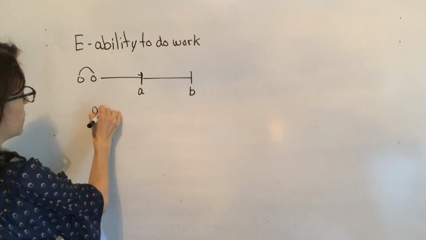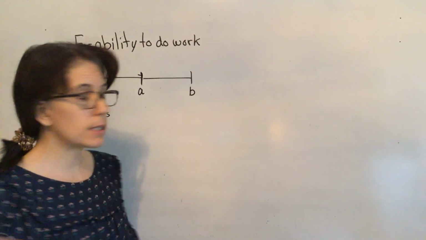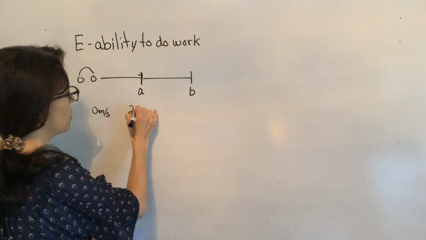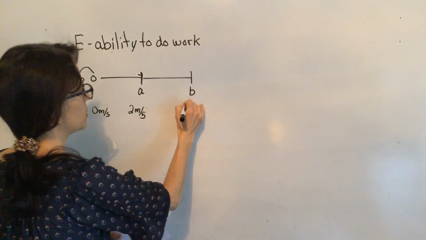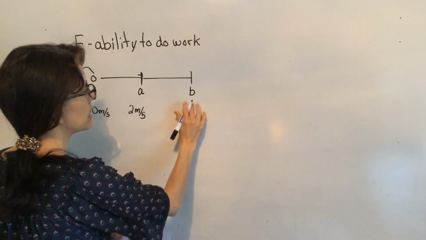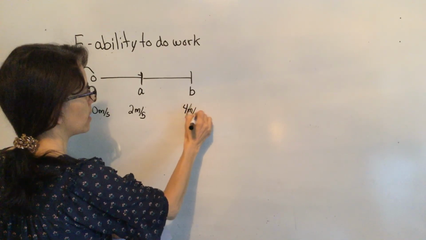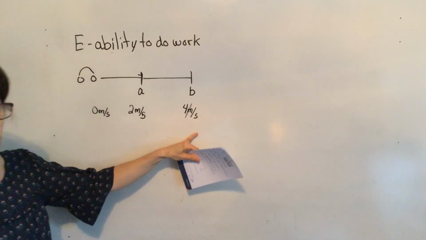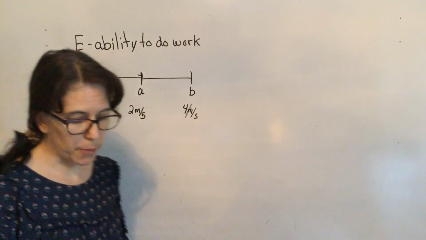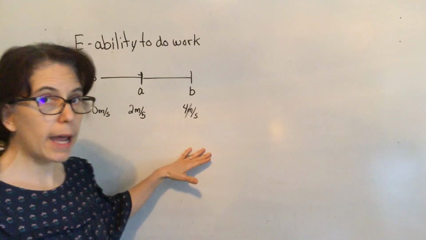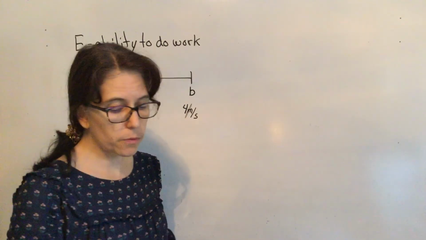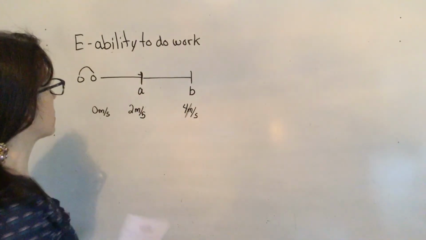It's starting at 0 meters per second. So force is continually applied, so it can increase in velocity. Let's just say it increases to 2 meters per second. Then it increases continually at a constant acceleration to 4 meters per second by point B. In this chapter, we're going to take a look at the mathematical relationship of work,